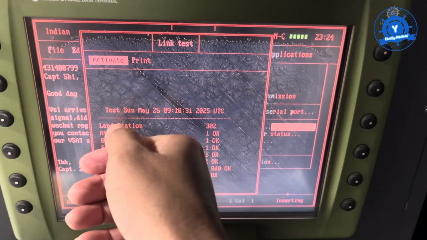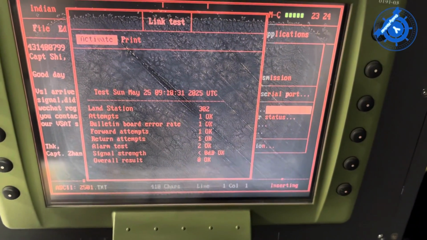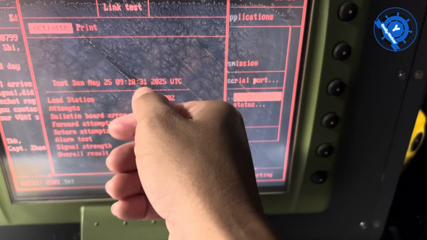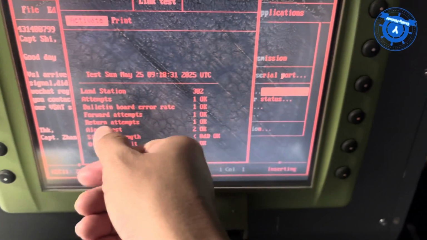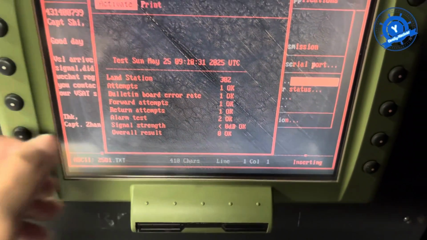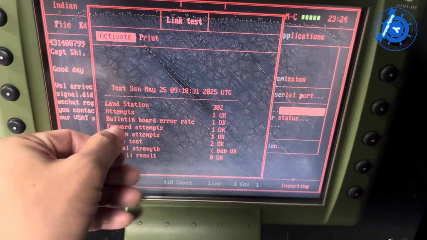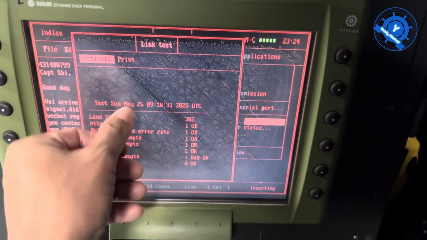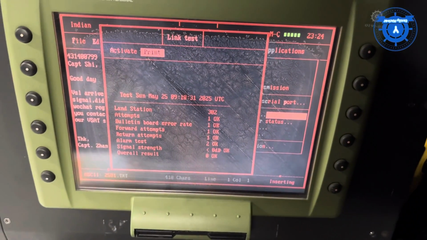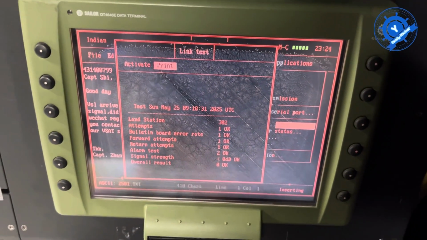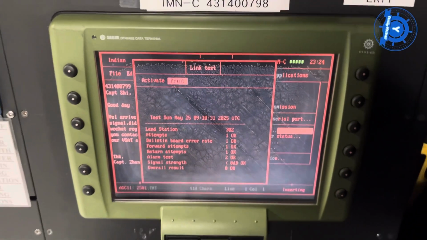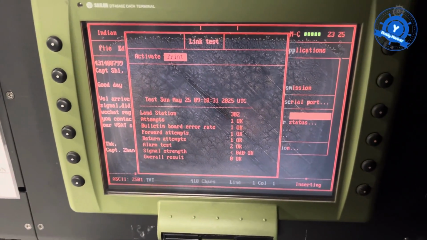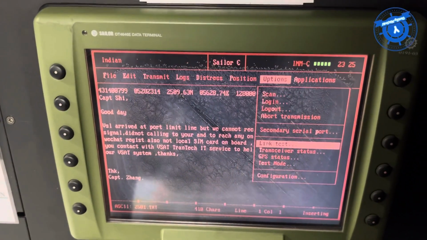I already did the LANE test on Sunday, Sunday, May 09, 2025 UTC. I already tested this and everything is okay. So if you want to print that page, go to print and press enter. The test must be done every week before the voyage and also every month.